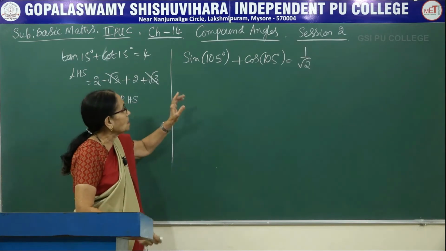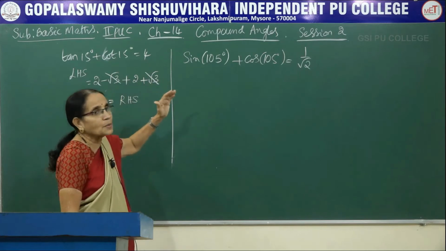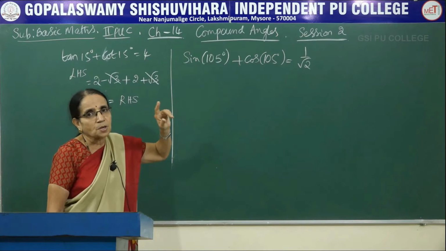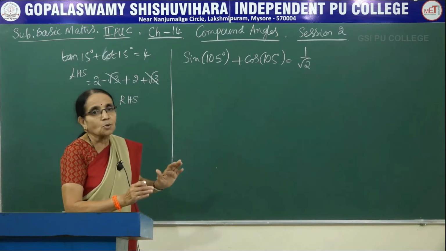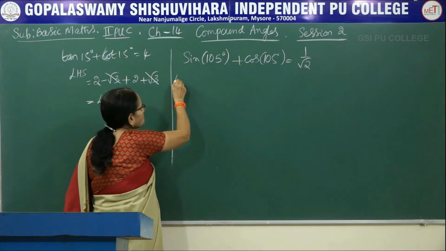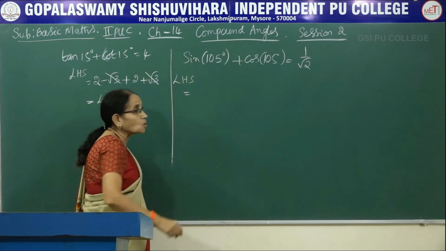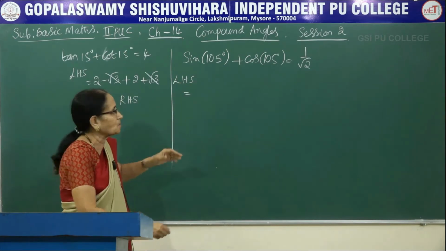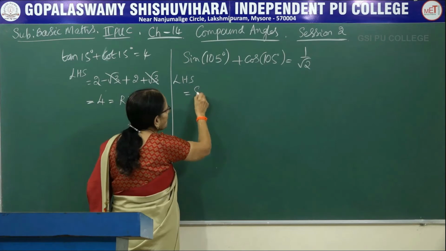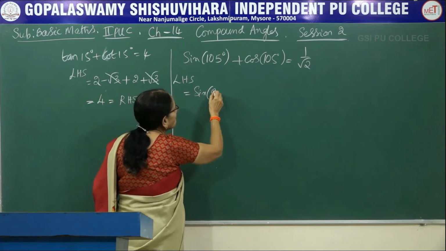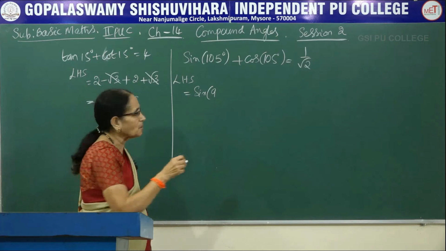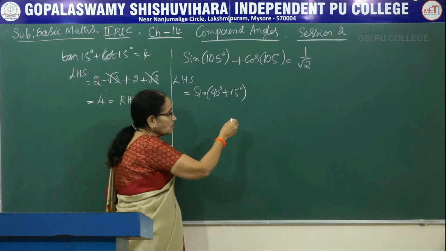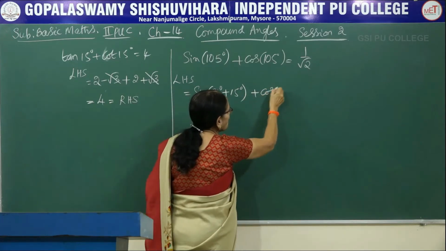Now in this one, we know the values of 15 degrees and 75 degrees, standard values. Now using the allied angles, which I taught in first year PUC, any angle can be split using the quadrantal angle. So let me start with the left hand side. Let me use the rule of the allied angle, which is easy for us to solve the problem and get the right hand side. Now sin of 105, how could you write that? Either you can write it as 180 minus 75 or 90 plus 15. Both are correct, but we will be using different rules, that's all.